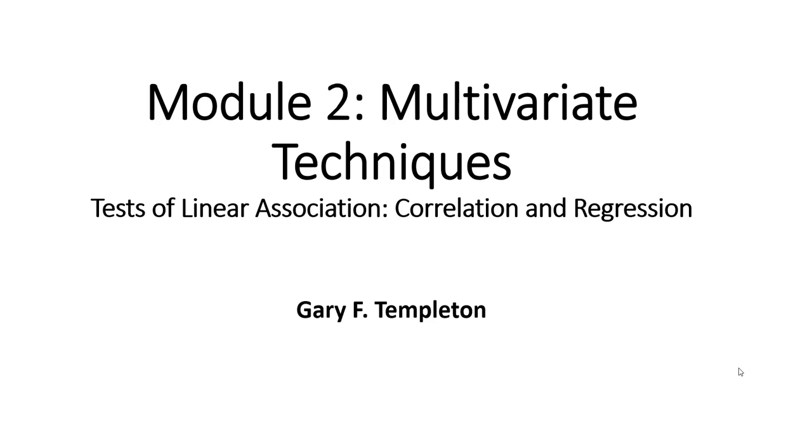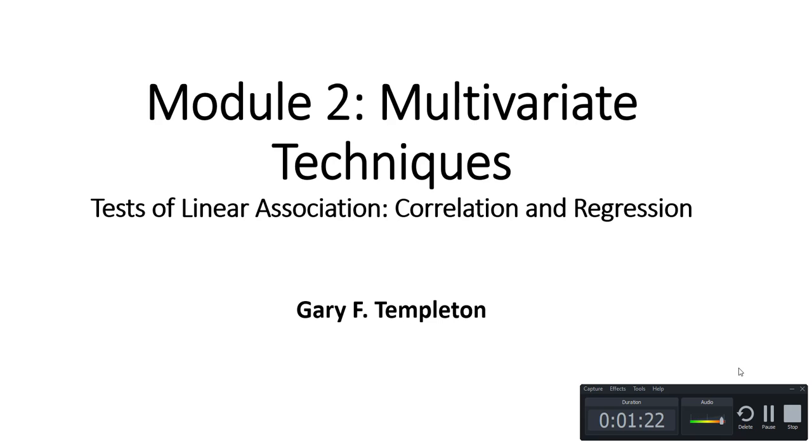In this video, I will cover Module 2 on multivariate techniques. I will describe several tests of linear association between variables. There are two broad classes of these empirical assessments, correlation and regression. I will review several basic procedures and conclude with a walkthrough of the Module 2 dataset activity, which involves logistic